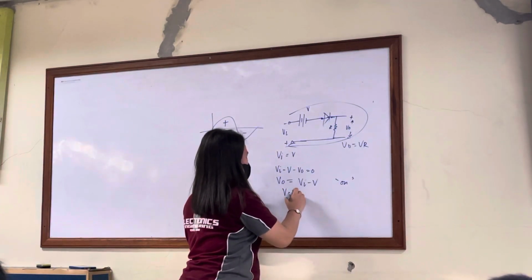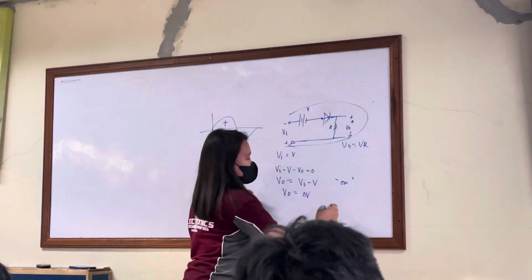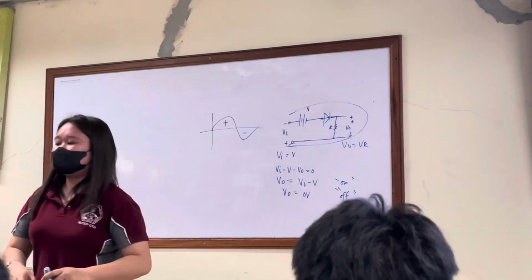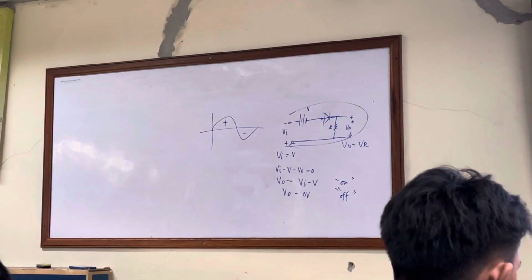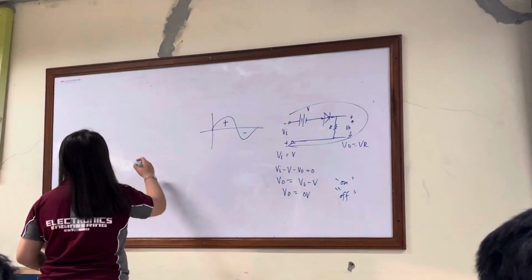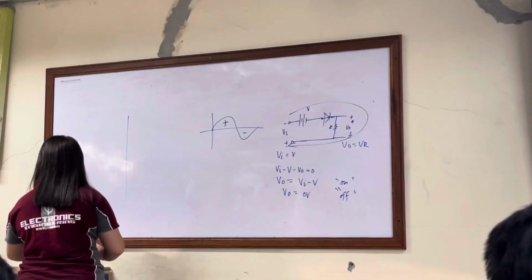V output is equal to 0 volts. This is for off. Now it is often helpful to draw the output waveform directly below the applied voltage using the same scales for the horizontal axis and the vertical axis. So if we're going to draw,